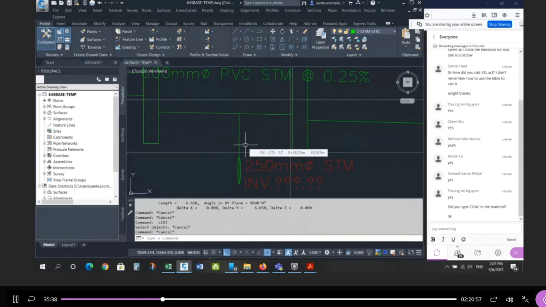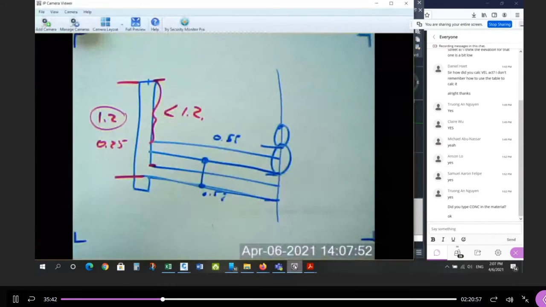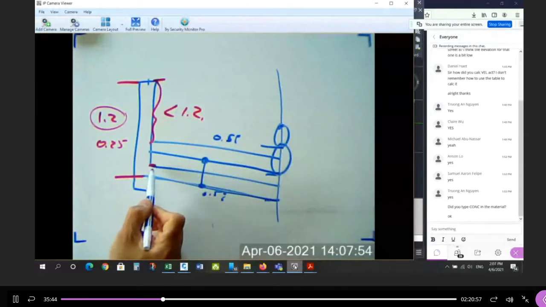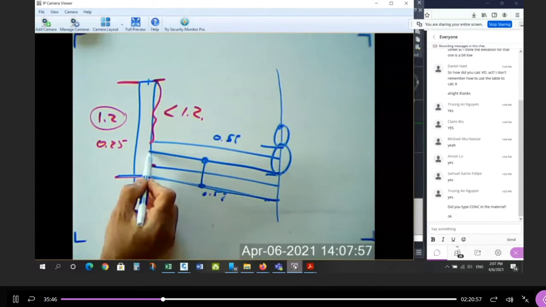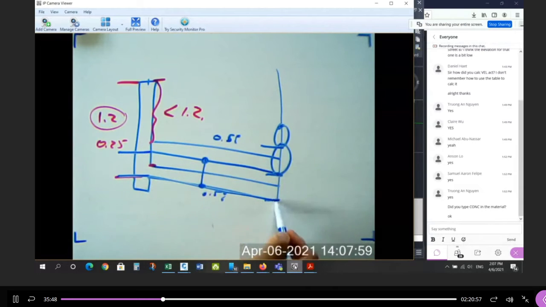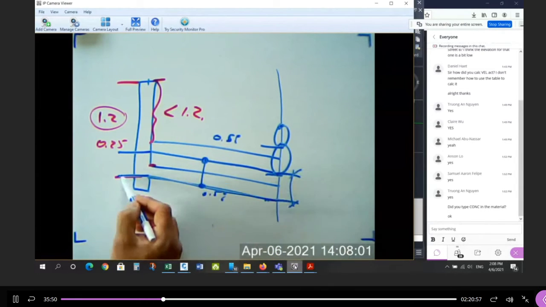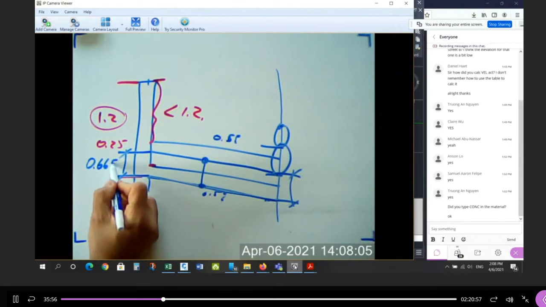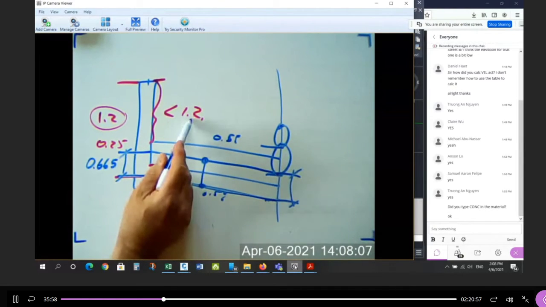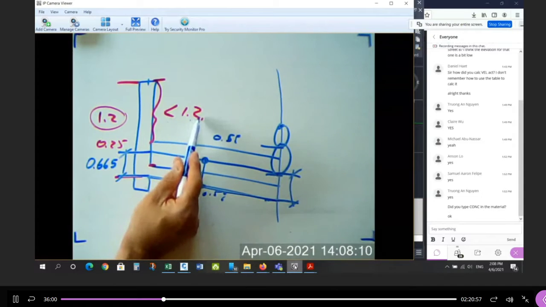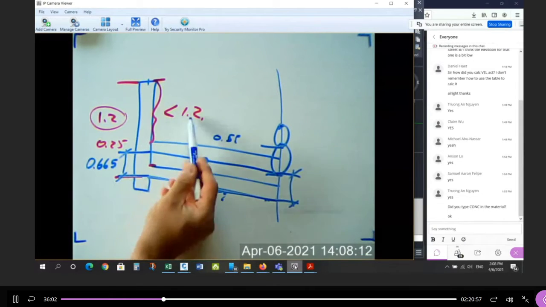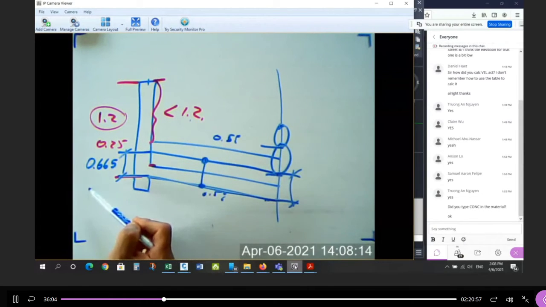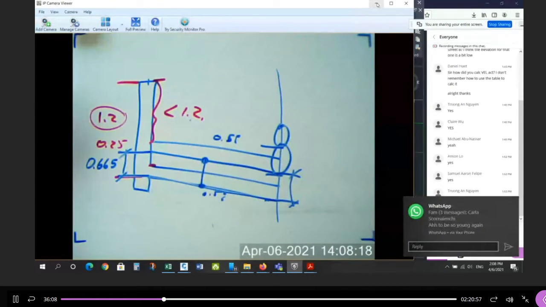Okay, 0.665. Let me go back to here. So this now, from the bottom of this invert to match here, right? I'm doing the same vertical shift. This distance and this distance is the same. I need to raise it by 0.665. And that compromises cover by that much. So what used to be 1.2 is now almost half, right? A little less than half. Okay? So when you do that,